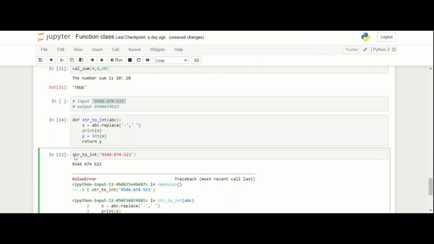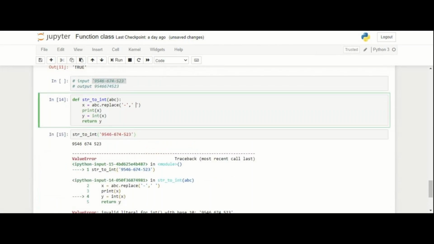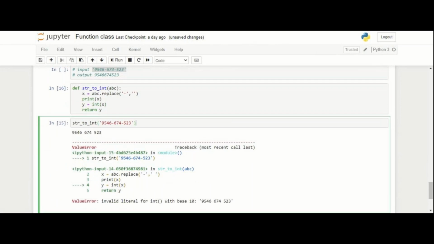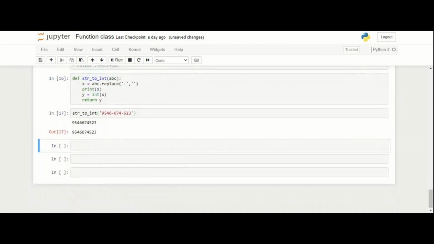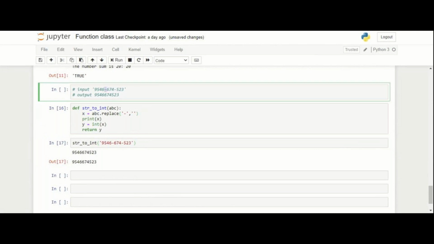And then this is giving me an error. Let me check once. It is taking an extra space. In place of this dash, it was giving a space, something like 9546 one space 6749, one space 523.